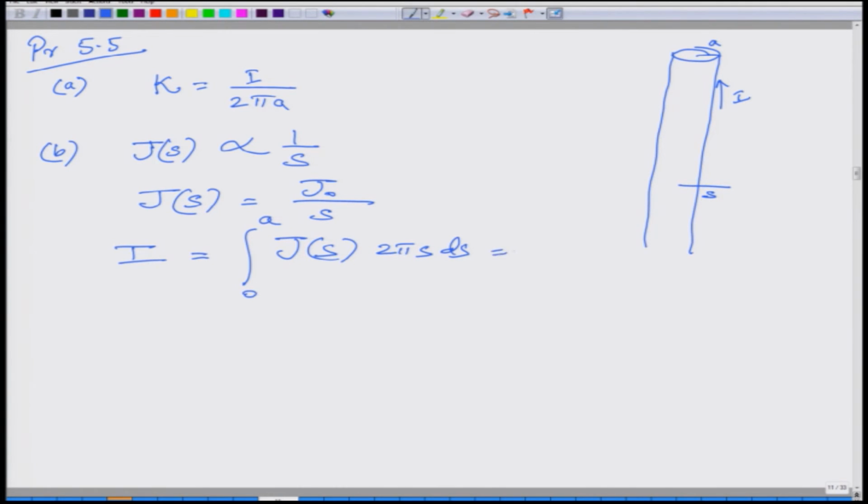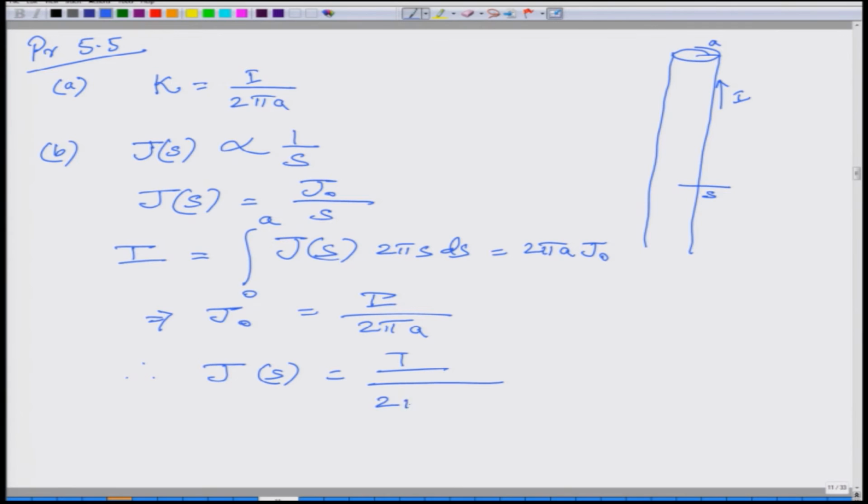This integration will be nothing but 2 pi A J naught, which will give me J naught equal to I divided by 2 pi A. So that means therefore I can write Js as nothing but I divided by 2 pi A S. Okay, so let's go to the next problem, which is problem number